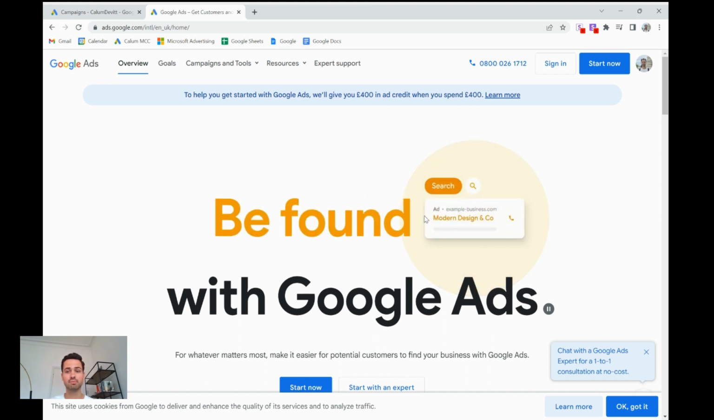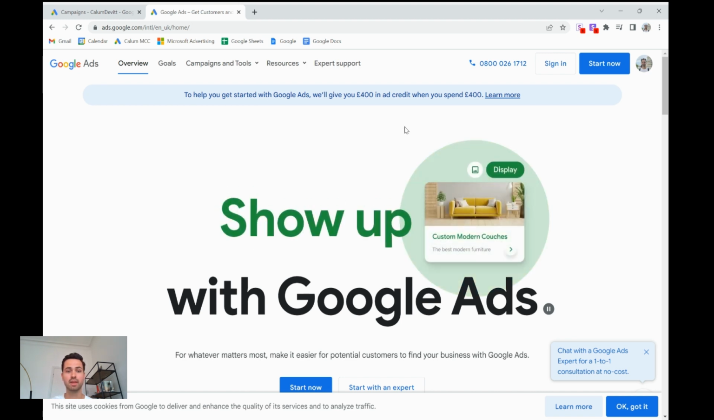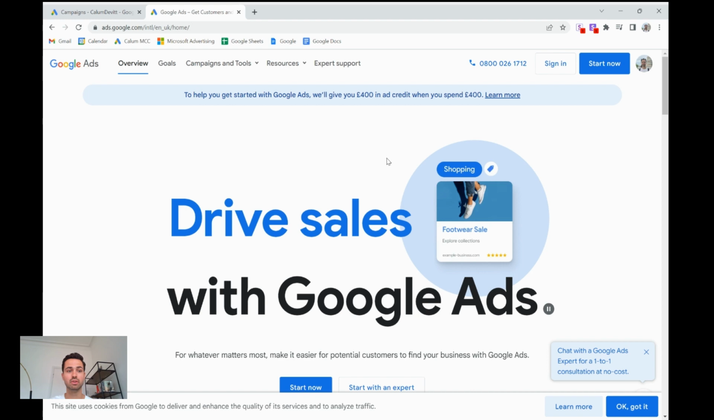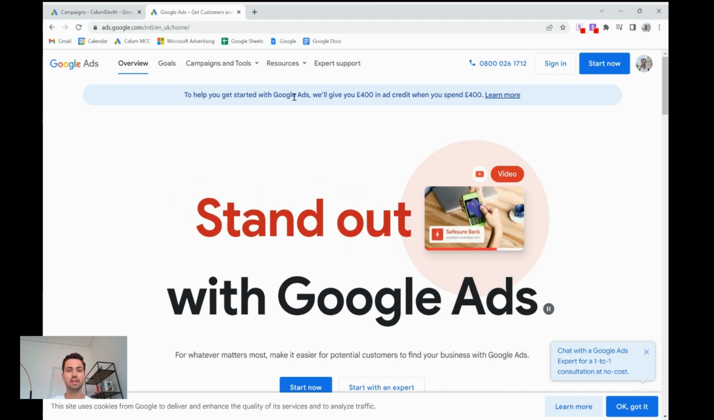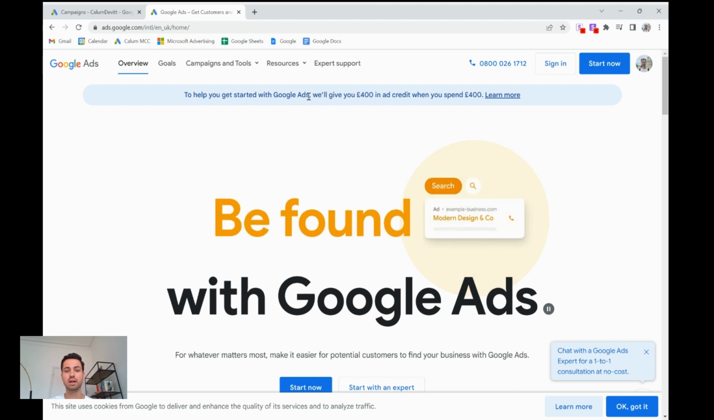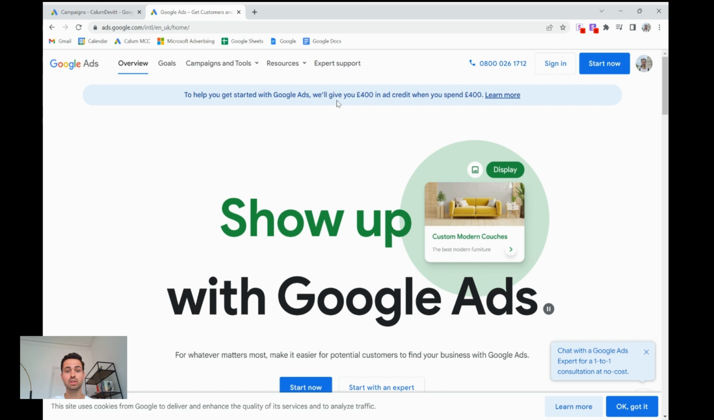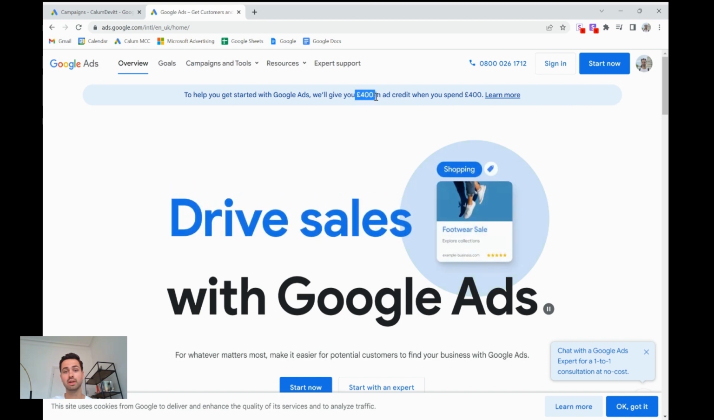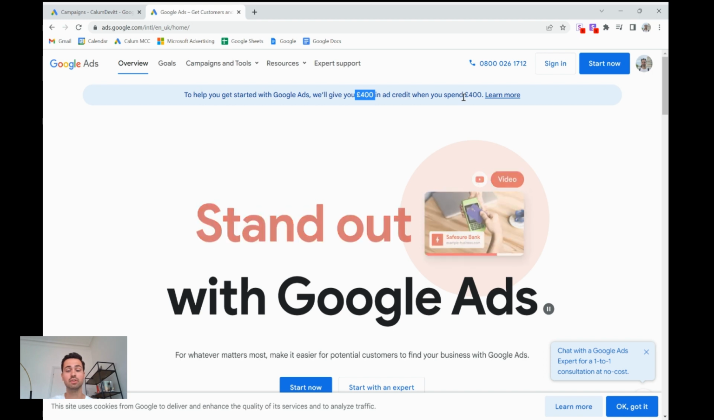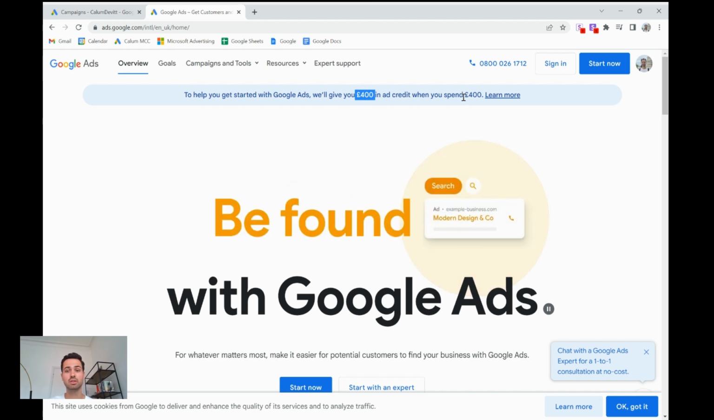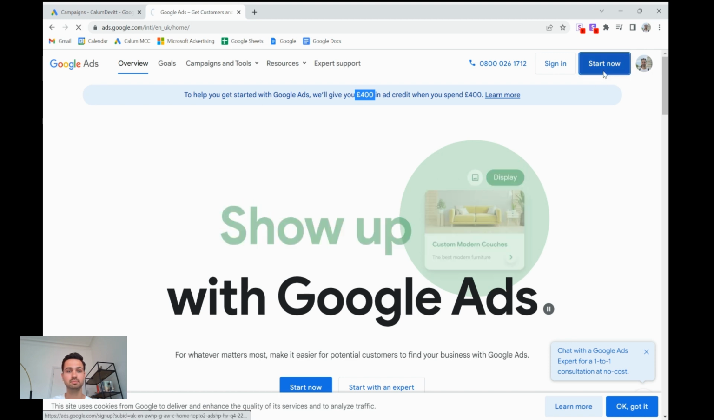So let's get started. First thing you want to do is head over to ads.google.com and you'll navigate over to this page. One thing to note is that Google very often is running special offers for brand new accounts. So here in the UK currently, if you spend £400, you get a free £400. I know in the US and Europe, you'll very often see very similar types of promotions. But what you want to do here is hit on Start Now